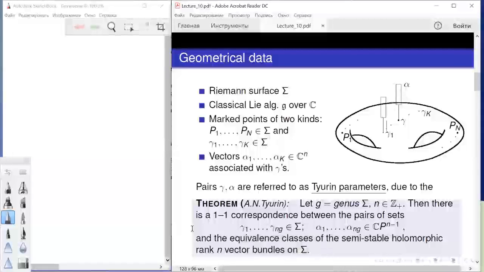Further on, I will not prove this theorem. It is not that easy, but I will explain how these parameters